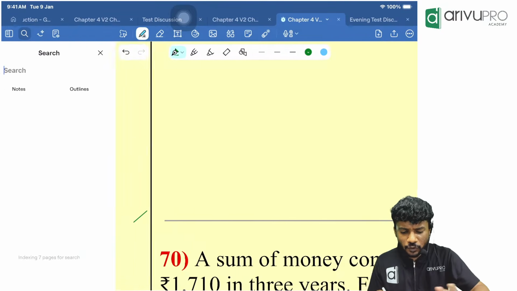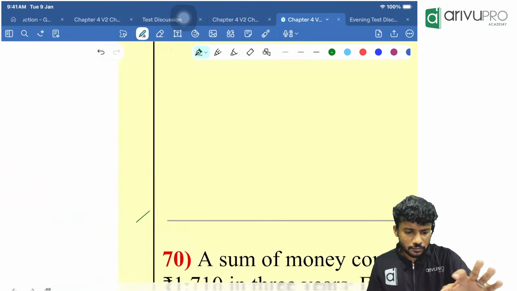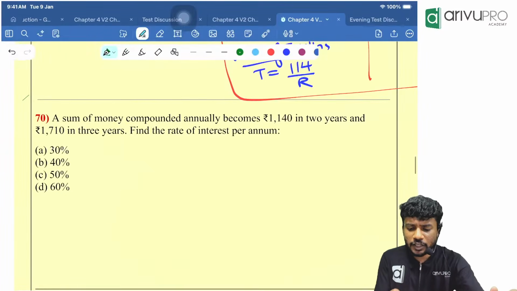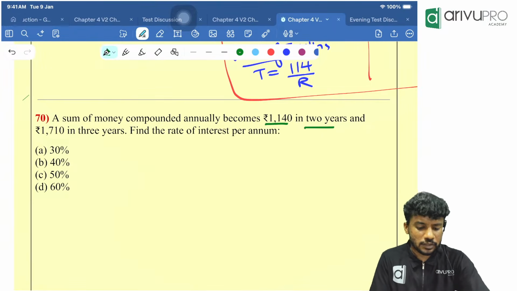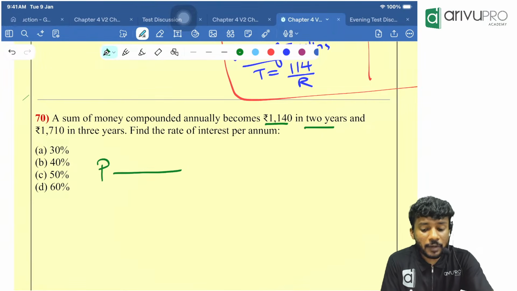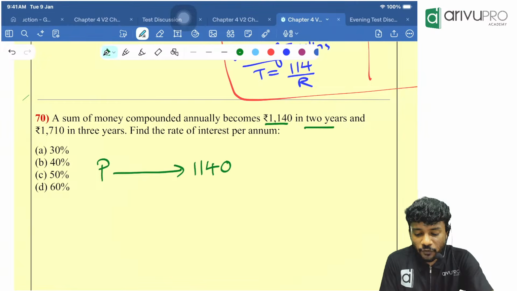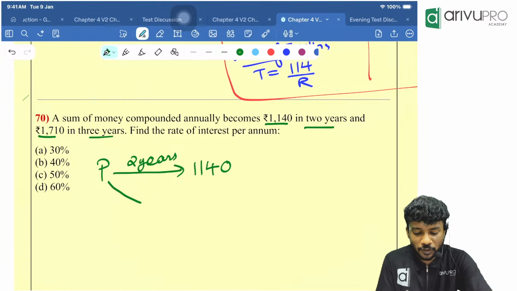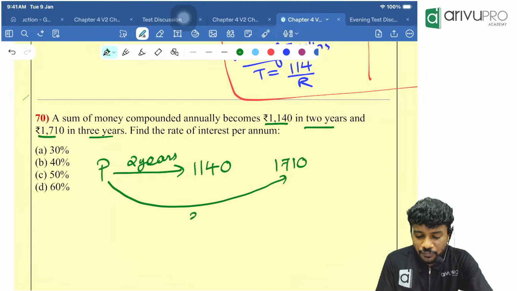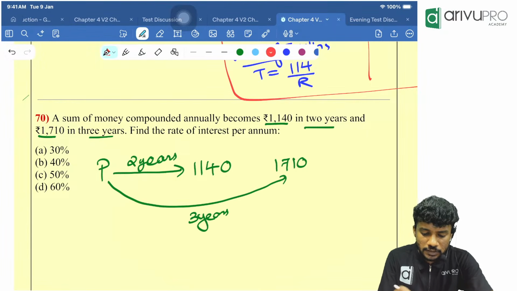Similar to that, if you look here, a sum of money compounded became 1140 in 2 years. That means the principal became 1140 in how many years? In 2 years. And 1710 in 3 years. That means this principal also became 1710 in how many years? 3 years. Now my question to all is, if I consider this to be N1 and this to be N2, the first amount and the second amount,